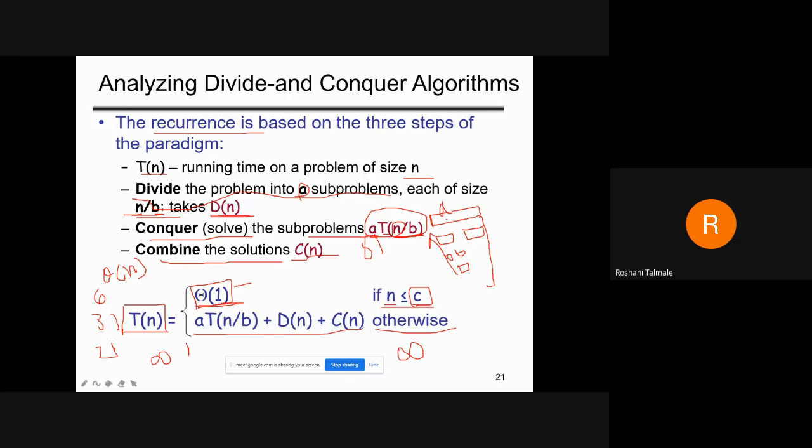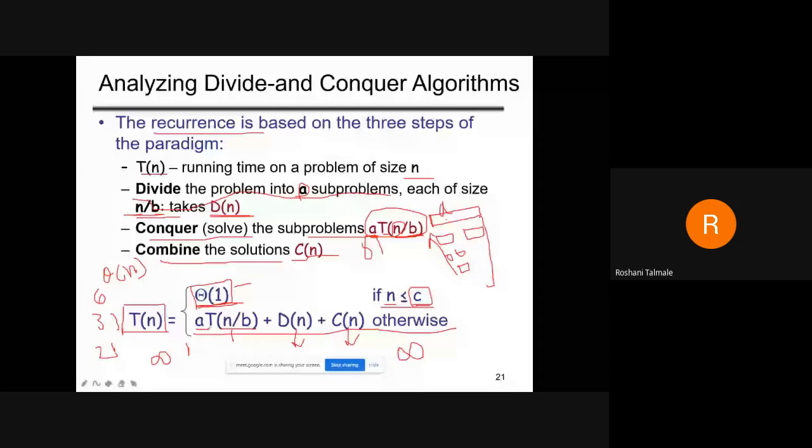This is the combination of everyone. This is the time which is required for merge sort. Okay, again I am repeating. This dn is for divide, the divide complexity. Cn is for combine the solution. And this is for dividing the array into multiple arrays, and this is the alpha calculation. So this is the running time complexity for merge sort.